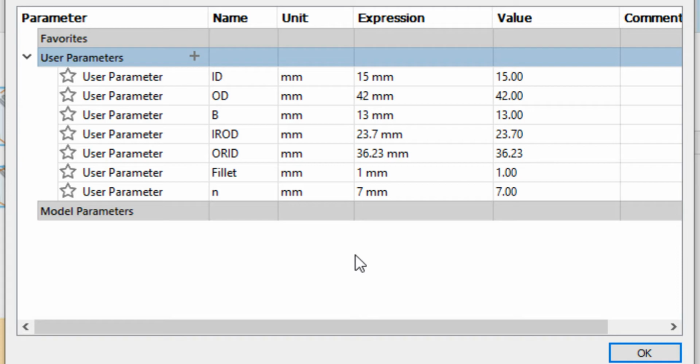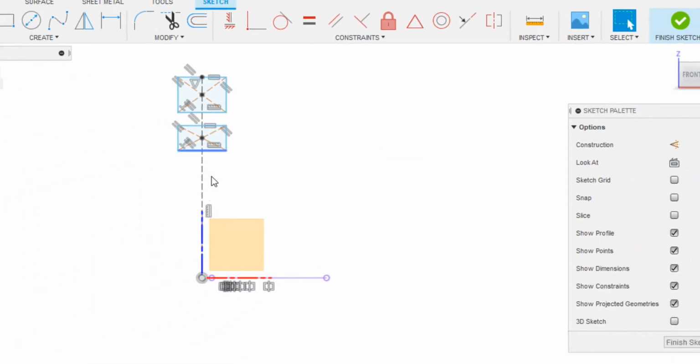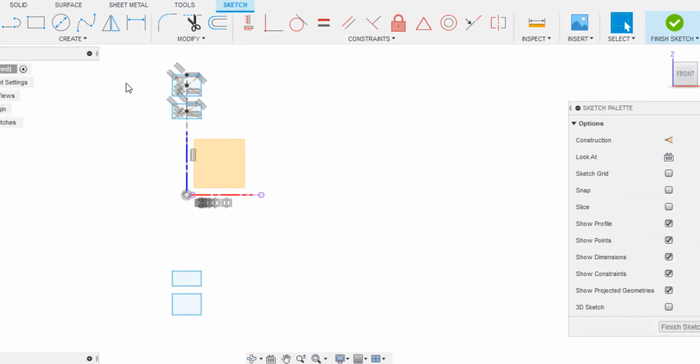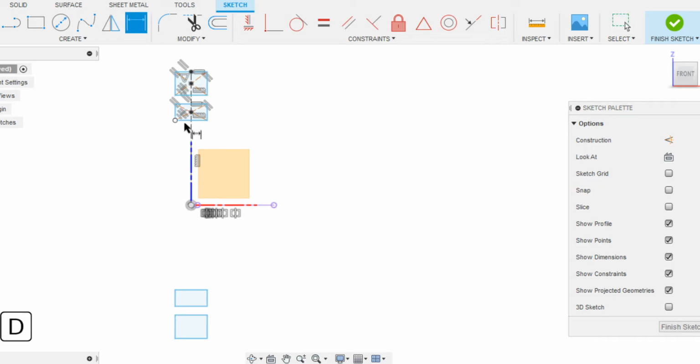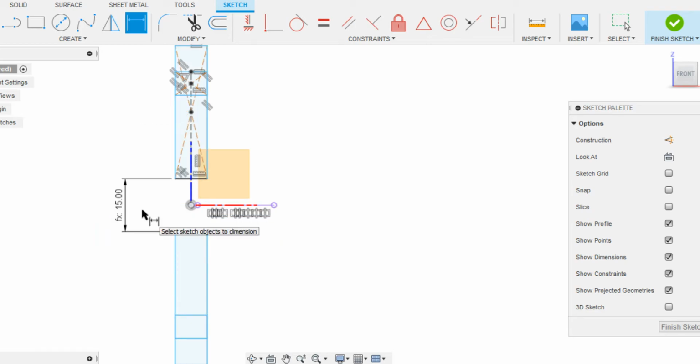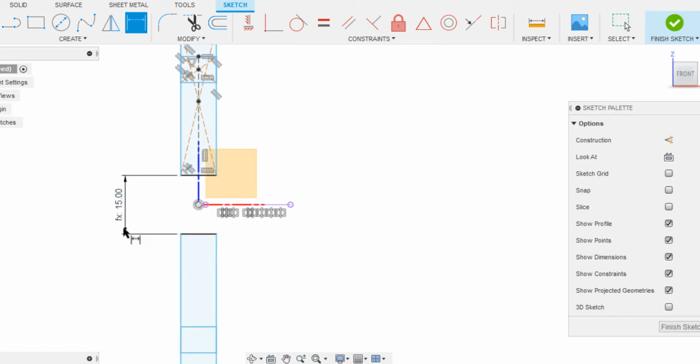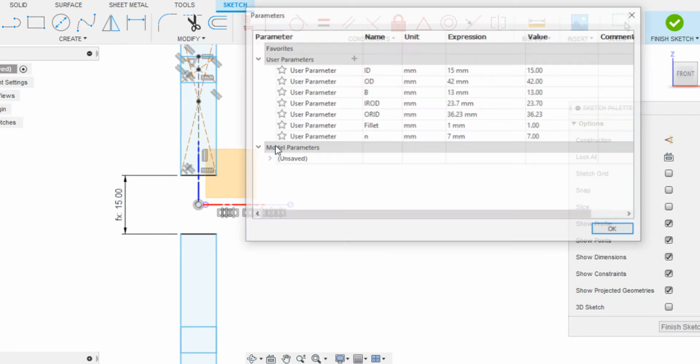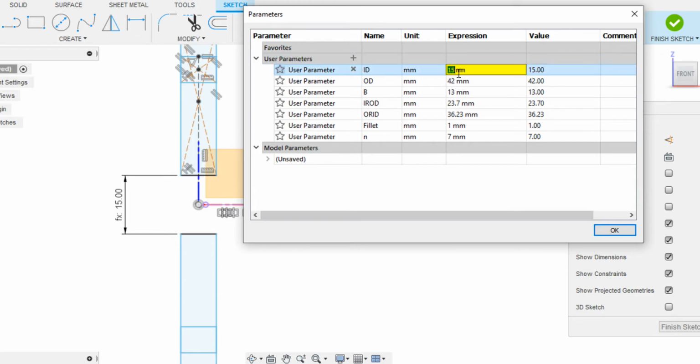Now that we've got all the parameters required for driving the 6302 bearing, let's define these in here. D on the keyboard. Let the bore be the inner dia. If you type the name of the parameter, you will get the results for those. I just wanna take ID in this instance. Just hit enter. If you observe here, it just added that parameter here. You can change the parameter by going to Change Parameters and entering a different value. That's how we get different sizes of the bearings.